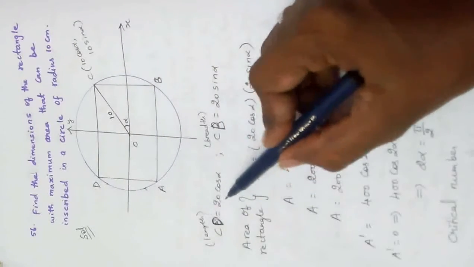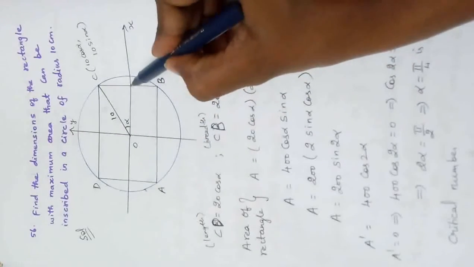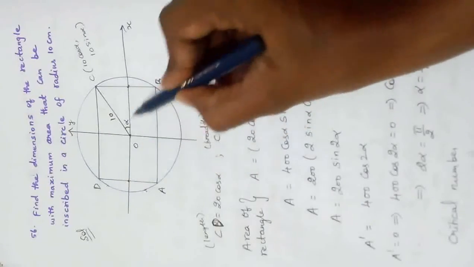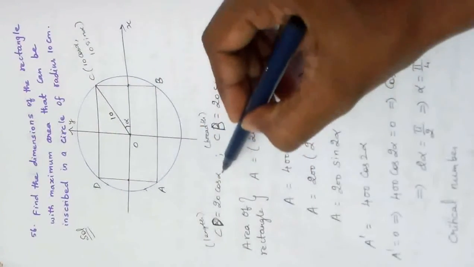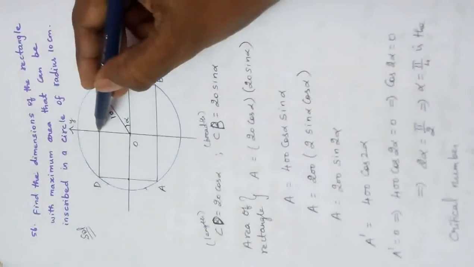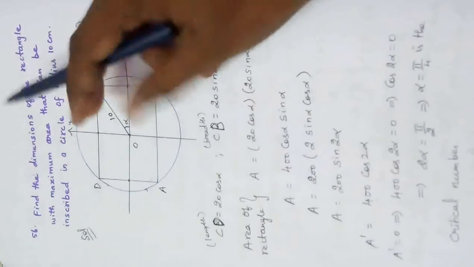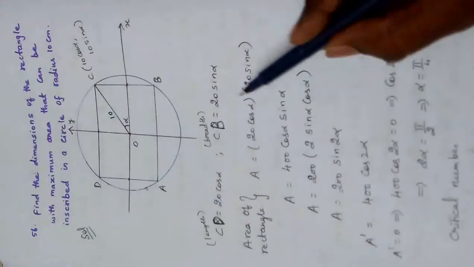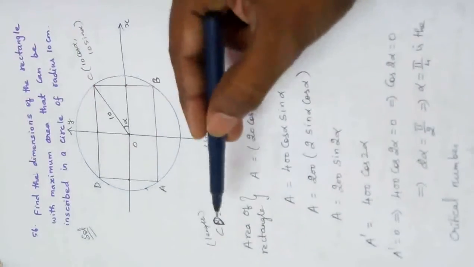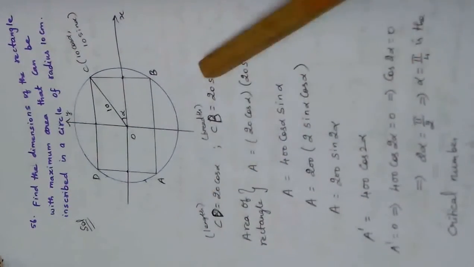That is called length, which is given by 20 cos alpha. How? From this point to this point, the answer is 10 cos alpha. From here to here, another 10 cos alpha. So the total length is 20 cos alpha. Similarly, 10 sin alpha from this point to this point, and from here to here another 10 sin alpha, so it becomes 20 sin alpha. That is called breadth. CB is called breadth, CD is called length. So 20 cos alpha, 20 sin alpha, from the diagram I have written these two.